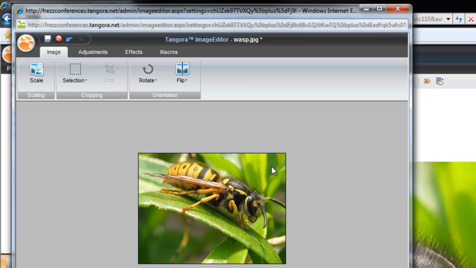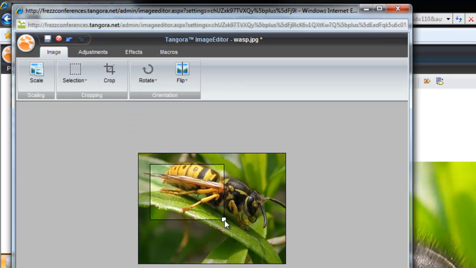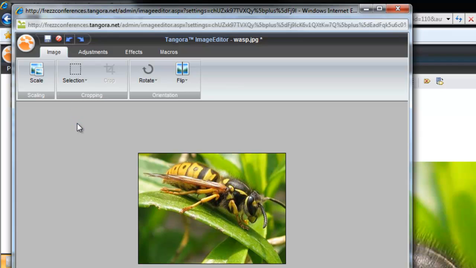Well, I've just shown you scaling your image, but there's also an option to crop an image. If I take a selection, we could see that we have three options. I could either make a free selection, and then I get this frame here which I can move around and adjust. And then if I hit crop, I get the results up in the window. And now I could either save if I were happy with this, or I could just close the window without saving. And if I regretted my maneuver, I could also undo with the back button up here.